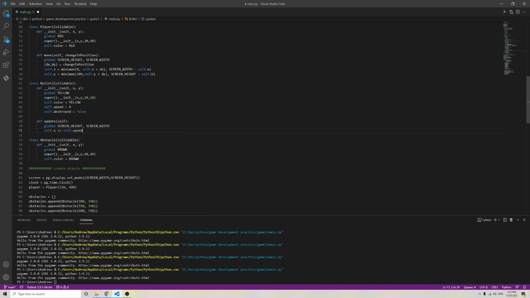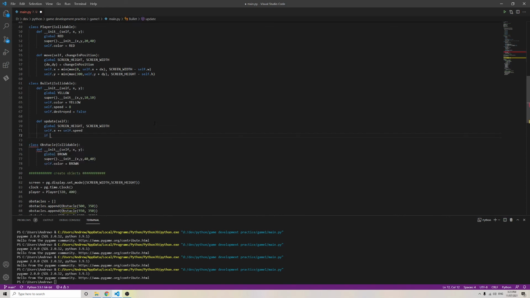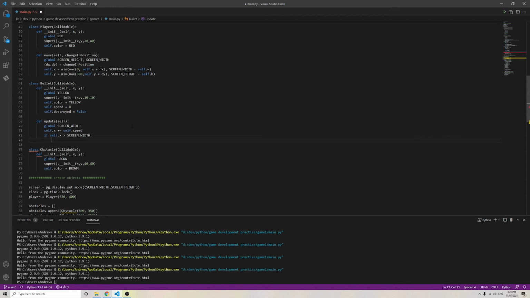Okay. So if, oh yeah, we also don't need screen height anymore. We're just going to be working with screen width. So if our x is larger than that, then